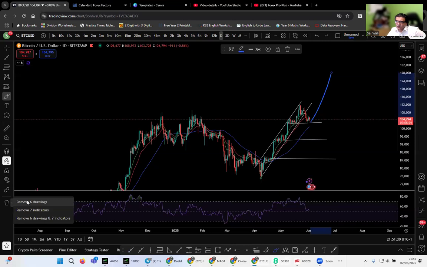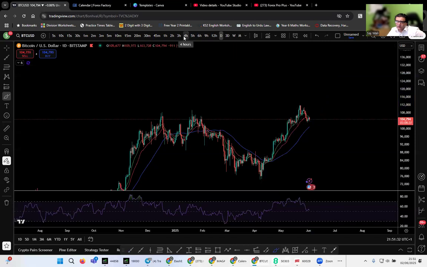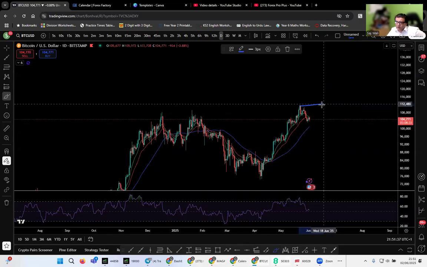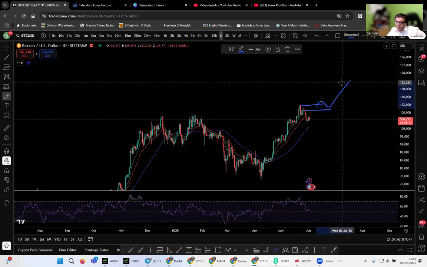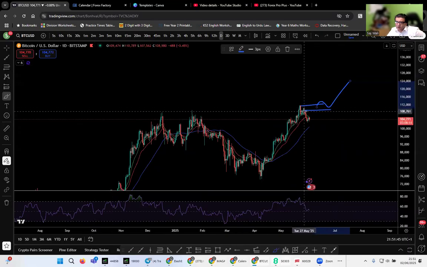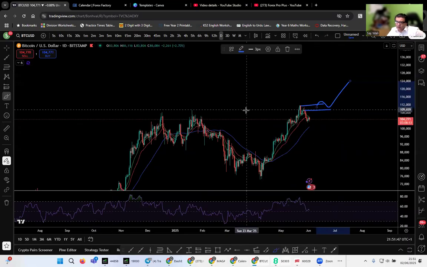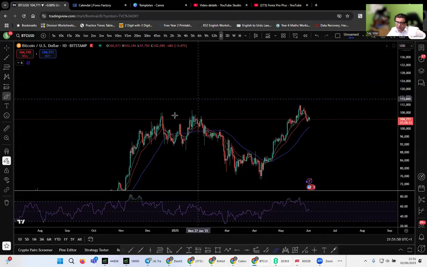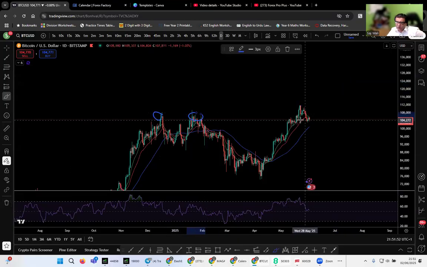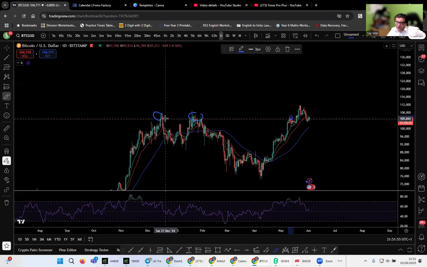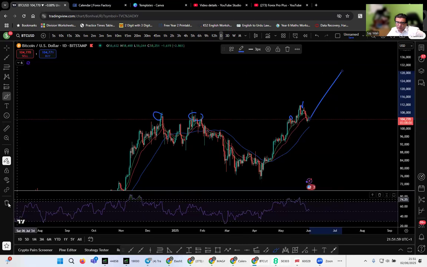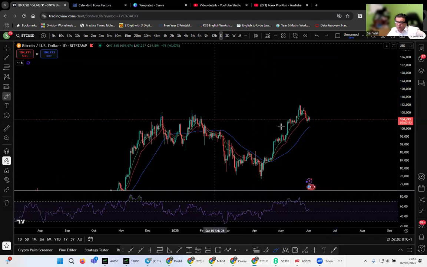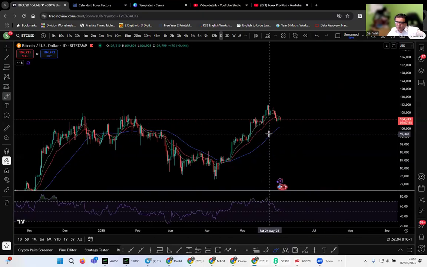Going on to the 4-hour chart. Yes, one more thing. If this level is broken in daily, then we can expect a further move to the upside. At the moment, we can still class it as a liquidity sweep. But look here, 1, 2, 3, these three, it was a strong level, so it was broken. So it's possible the market can go to the upside. But this is how I look at it anyway.